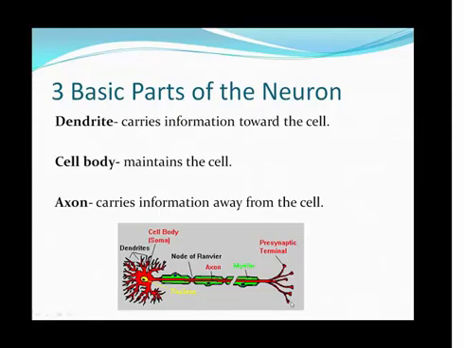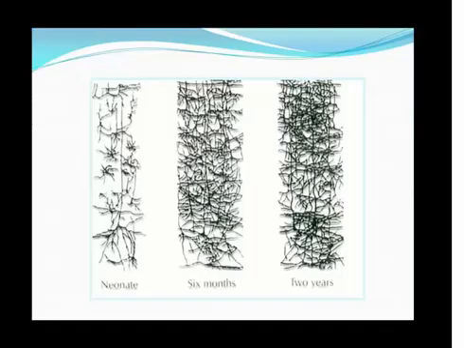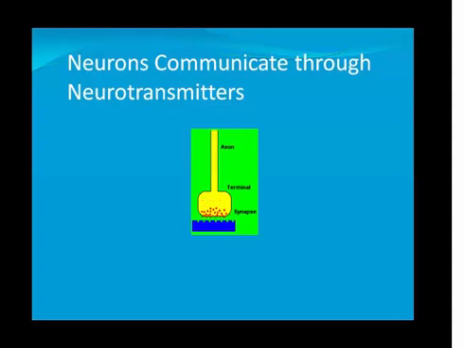So there's a gap right here, and you'd have lots of other neurons over here, and they would get the message. So the message is released in the form of a neurotransmitter. Okay, let's go back. So here,